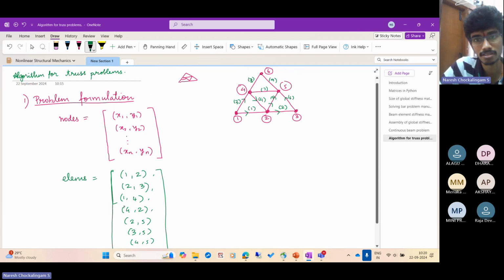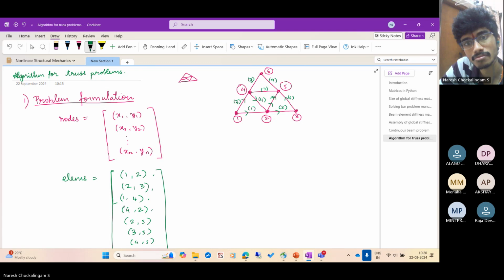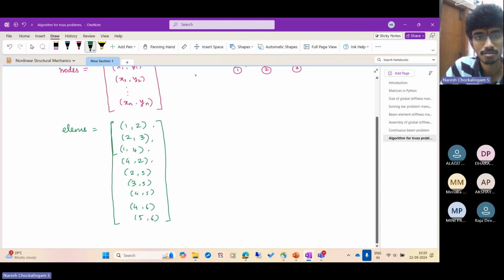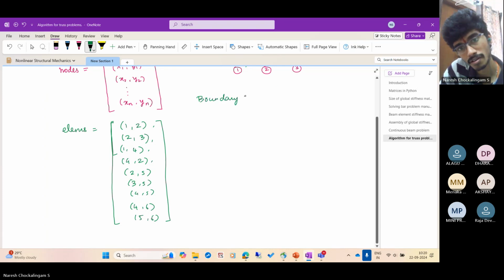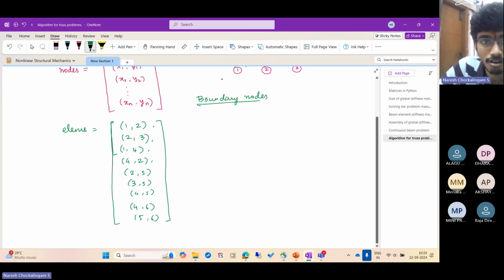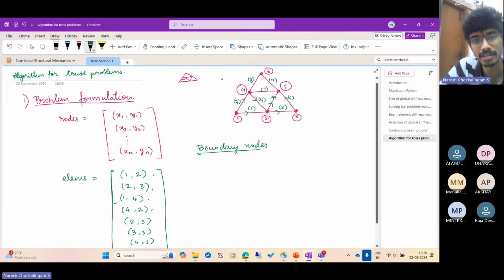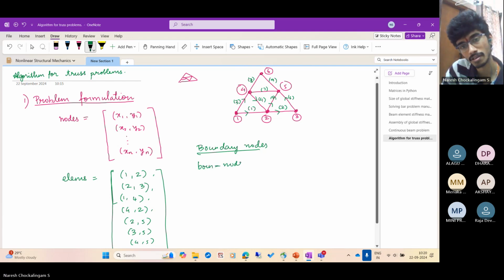Okay, now this is done. What's the next step? Boundary nodes. Okay, so boundary nodes. Let us use the same convention as what we did for beams, because beams also had 2 degrees of freedom per node. Here also we have 2 degrees of freedom per node. Let us say bound nodes is of the form